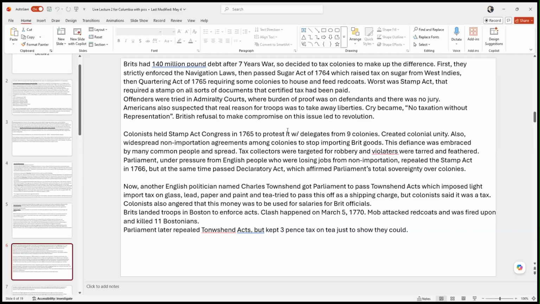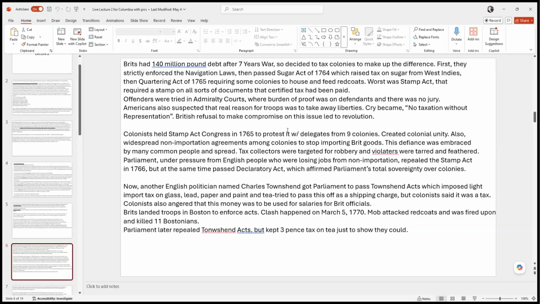Shortly after they repealed the Stamp Act, they put in place a whole bunch of new taxes called the Townshend Acts, and these were on all kinds of different things that they imported from England: glass, lead, paper, paint. Probably the big one was tea. That really irritated the colonists, because tea was something that everybody drank during that time. And there began to be a lot of resentment, more than there had been against the British.